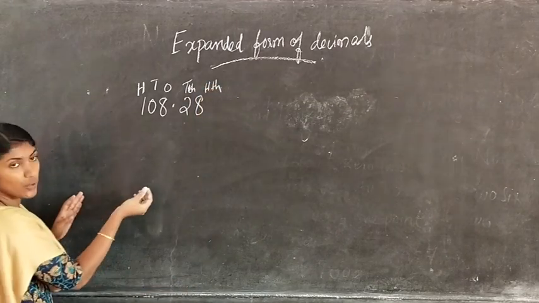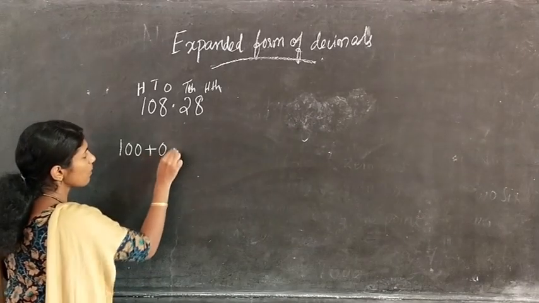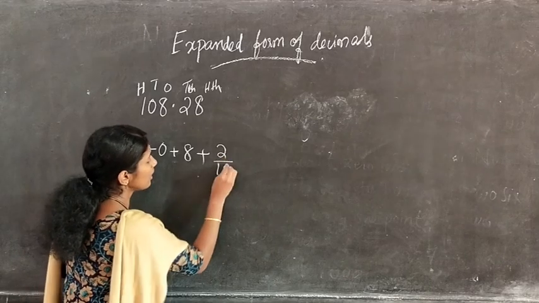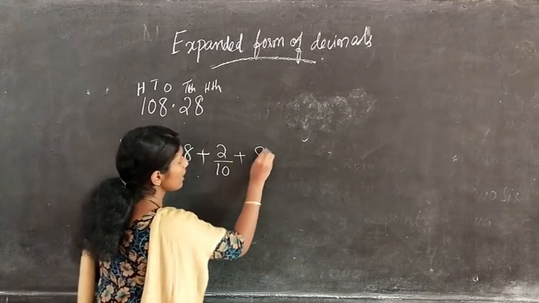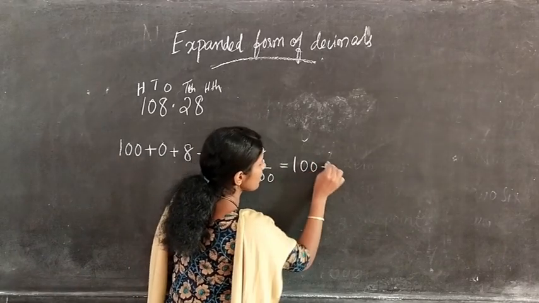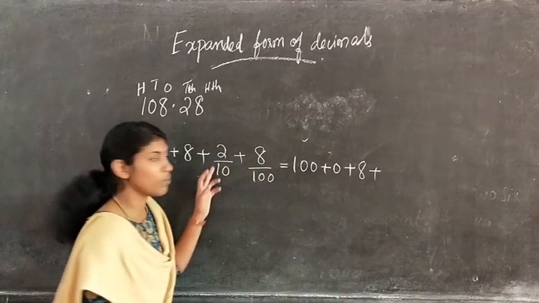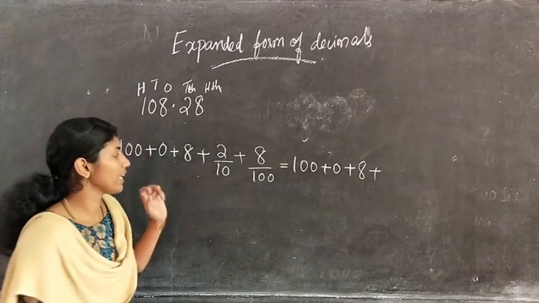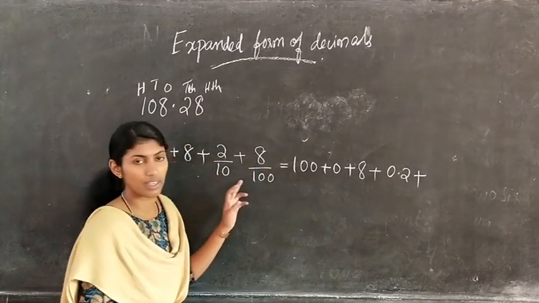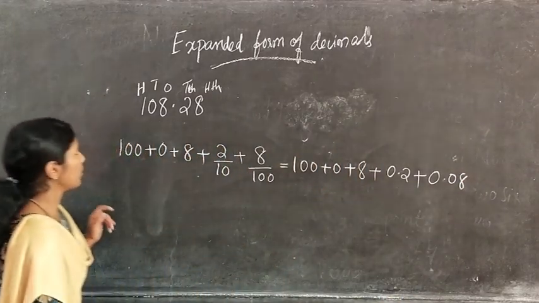So first we have to write the place value of 1, that is 100 plus 0 plus 8 plus 2 by 10 plus 8 by 100. That is equal to 100 plus 0 plus 8 plus. This 2 by 10 can be written as 0.2 plus, then 8 by 100 can be written as 0.08. Then one more question, that is